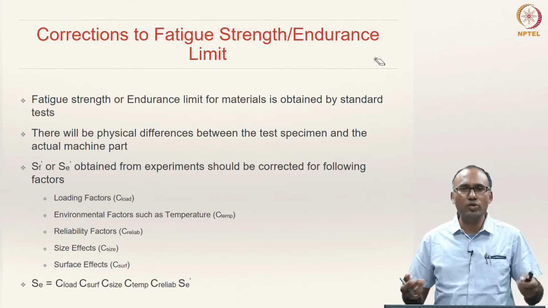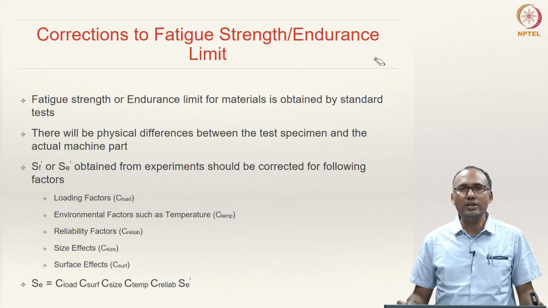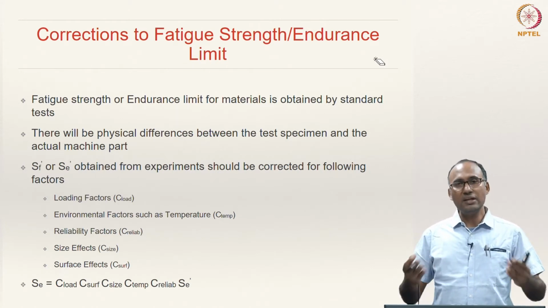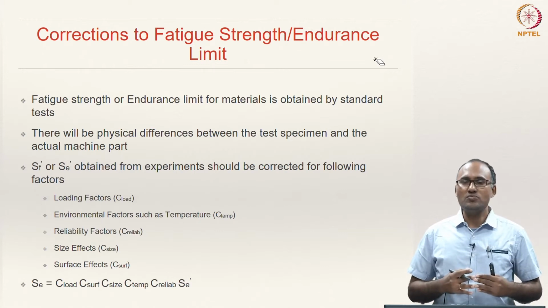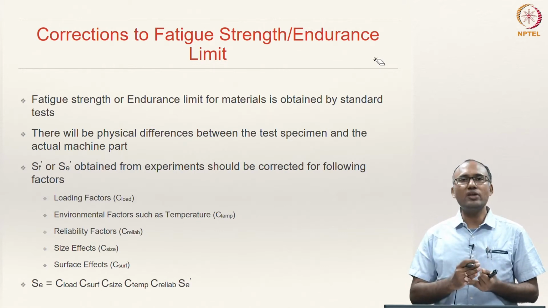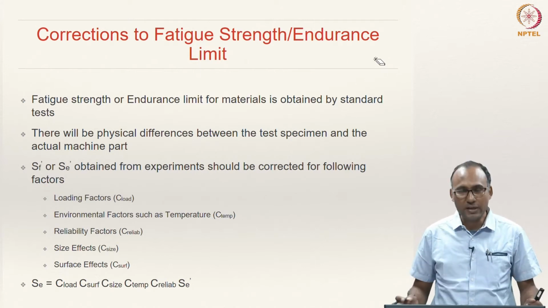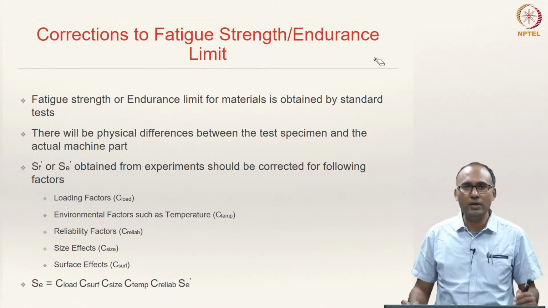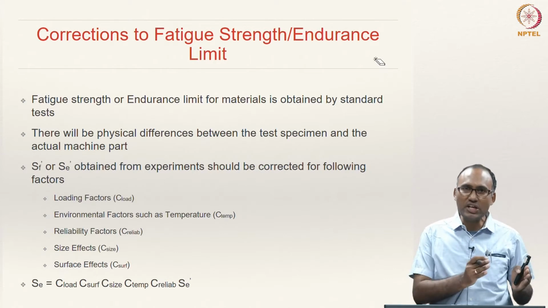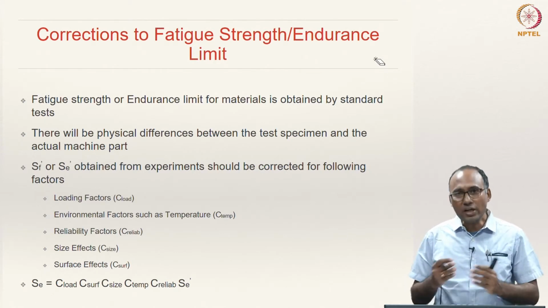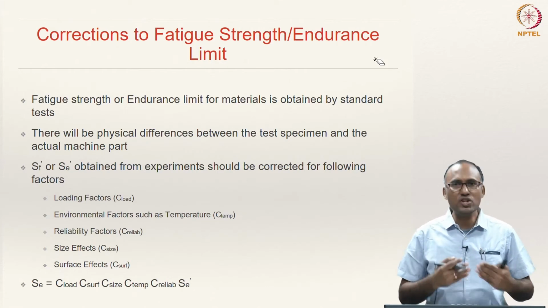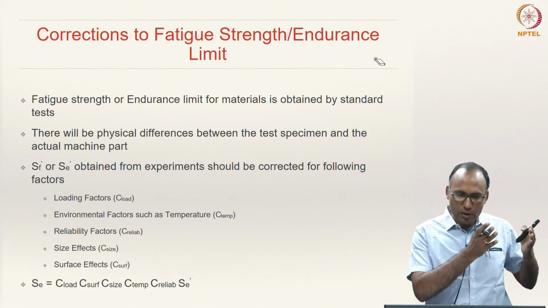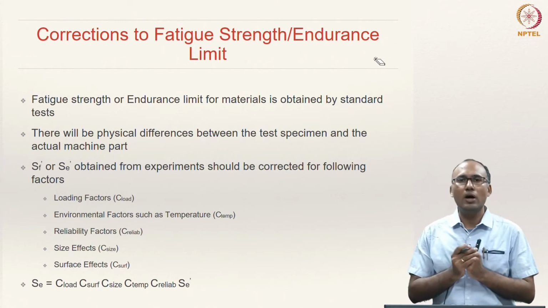But please note that this endurance strength data has been obtained by doing a standard test. For instance, if we are talking about pure fully reversible bending, we are actually talking about the standard rotating beam bending test. However, in real applications, the specimen geometry and the conditions under which the original test data has been obtained are going to be different from the real world applications, and hence one needs to account for these variations between the test conditions and the real life conditions. So, in order to do that, people have come up with certain correction factors based on the known differences between the experimental conditions and the real life application situations.